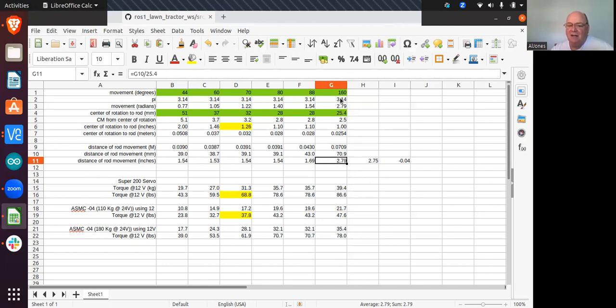I could get, and I don't want to do a full 180 rotation because I'm nervous that, once it gets down to 170 degrees or something, it might lock up. So if I just limit it to 160 degrees rotation, and I'm 1 inch off of the center of rotation, long story short, I think I can get close to 80 pounds of torque, which would be well within that. So that's my next step, is to disconnect transmission, servo, change the mounting point to the center of rotation so